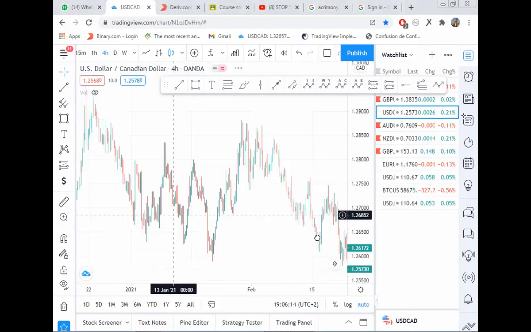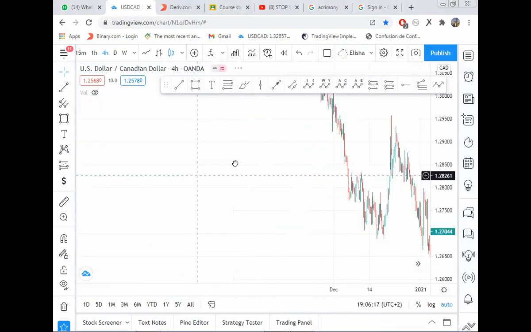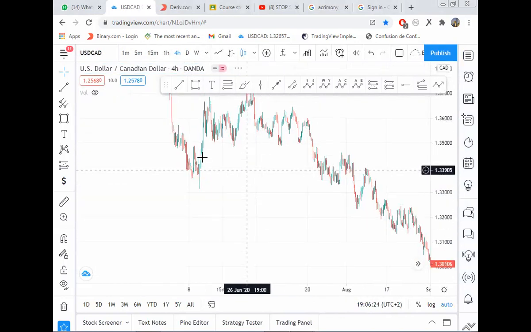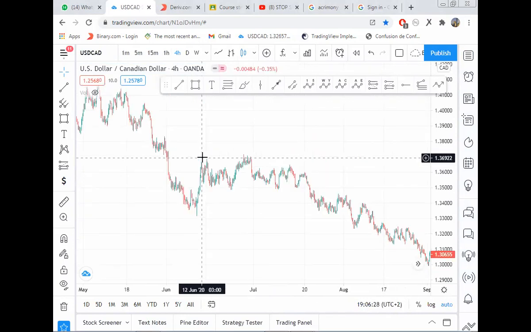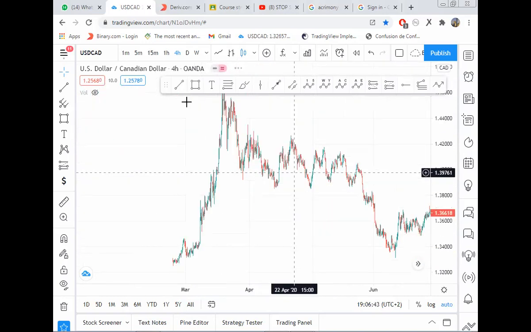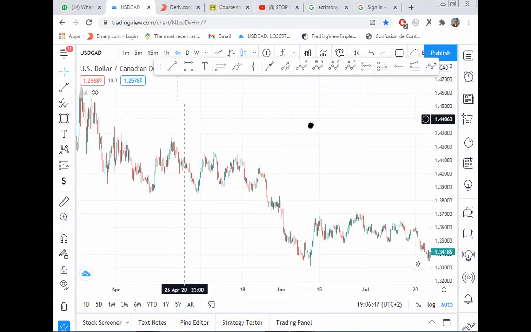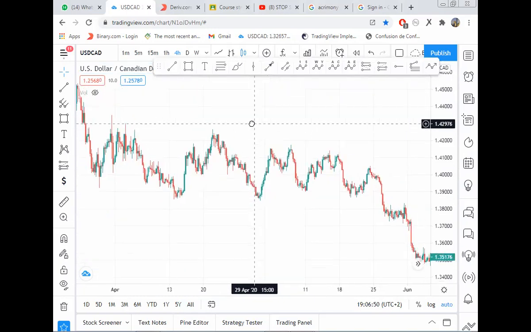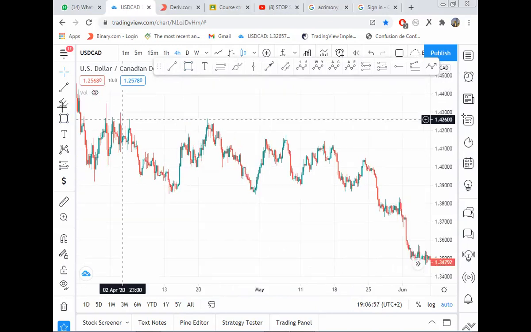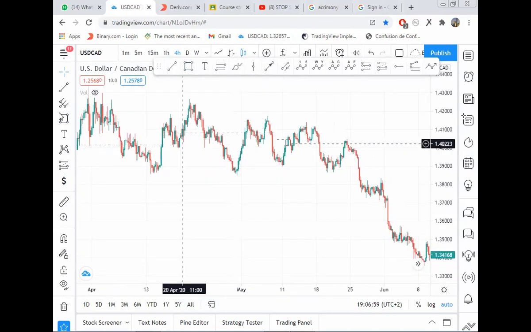Okay, so the first thing that we want to see when we're looking for a trade is a shift in market structure, right? After we get a shift in market structure, we're now looking for trades in the direction of the identified trend, right? So how do we find a shift in market structure? It's what we discussed when we were looking at market structure. So what we want to see is, say